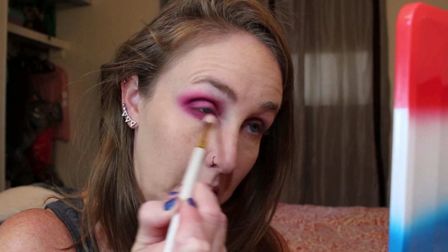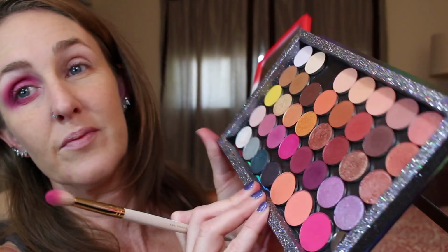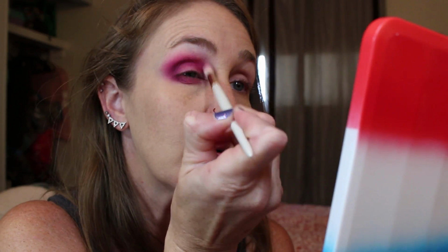Yeah, that's like, really bring that in. So I'm taking that, this one right here. So I used the lighter pink just as a base and then building the colors up on themselves. I already have my foundation and concealer done,